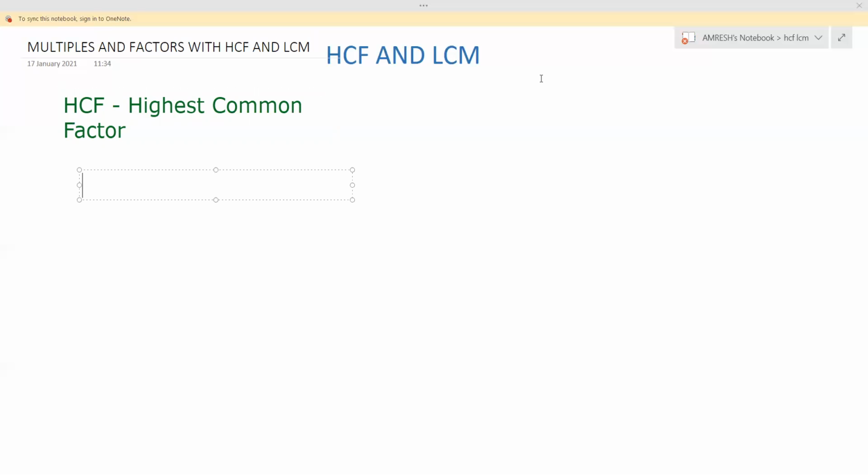So if I tell, find the HCF of 12 and 18. Basically we will learn here the division method. Any method you can use, but let us use the division method only. First we will find the factors, by prime factorization only. It is a good process.